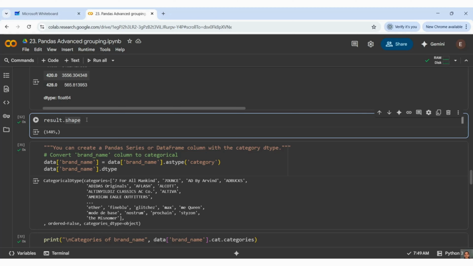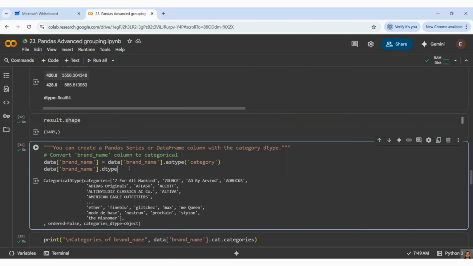In that data frame, if you want to convert a column to a categorical variable, that can be achieved here as well in the case of pandas. So here, let me see my data.info. In that, this brand name is available as object. By default, all the string values are saved as an object type only. However, I want to convert that to a categorical type. How can I do it?